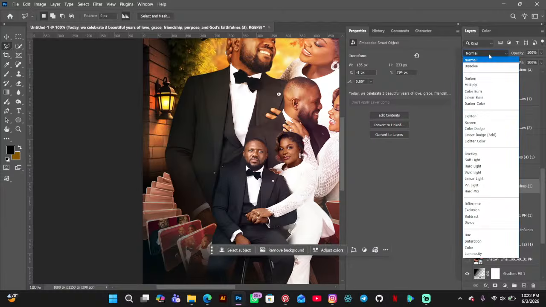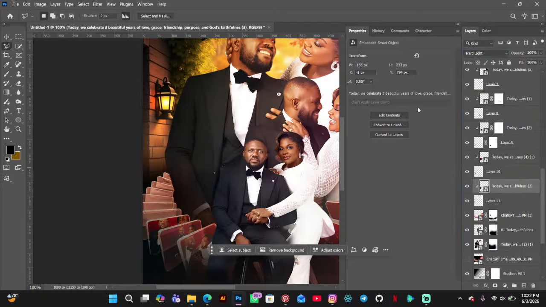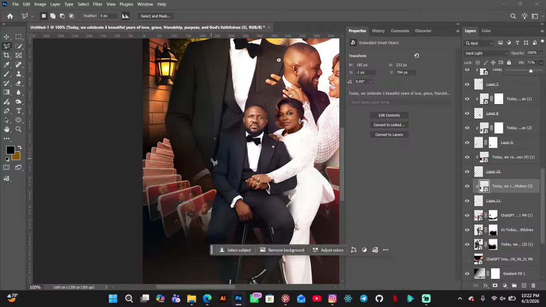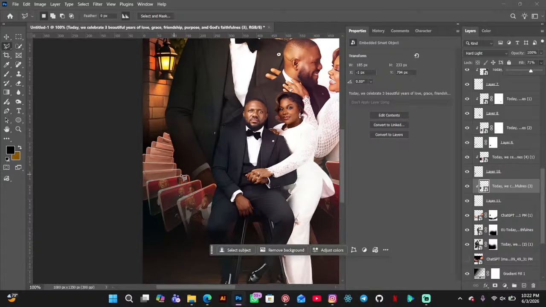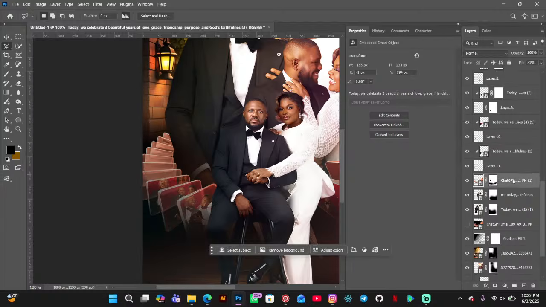So from 8 GB RAM upwards is okay for you. But if you want to use the latest version of Photoshop like 2026 or 2027, then I recommend you use at least from 16 GB RAM upwards. So yeah,